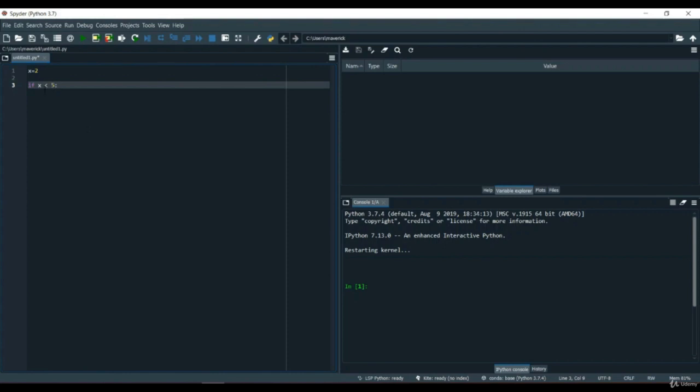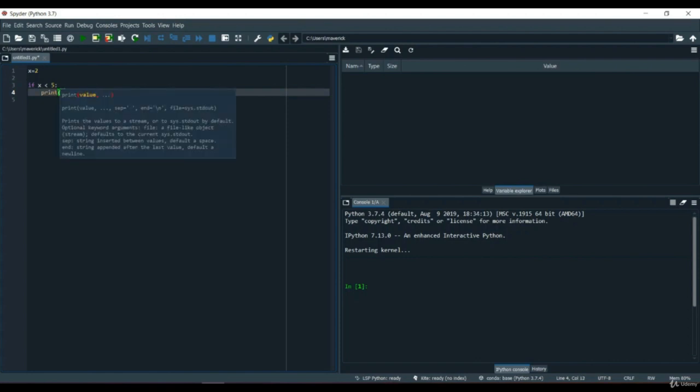Let's talk about the operator that we have given in between. This is a less than operator, and in the same way we can also give the greater than operator over here. Then there are equals to operators. This means if x is equal to 5, then run this set of code, otherwise don't. Now let's do one example on it first. Okay, so let's say if x is less than 5, print simply "x is less than 5",